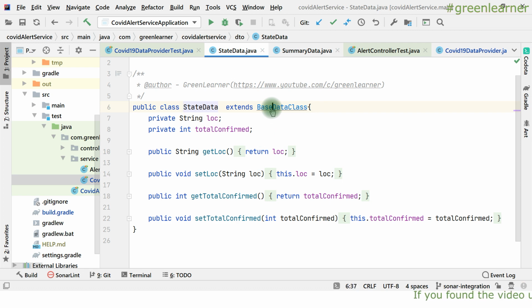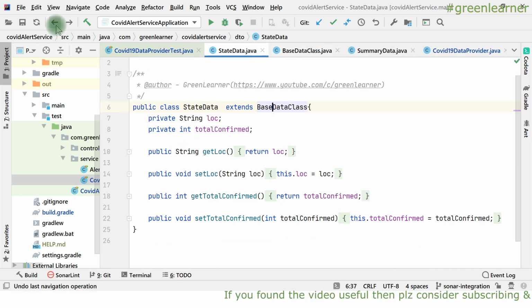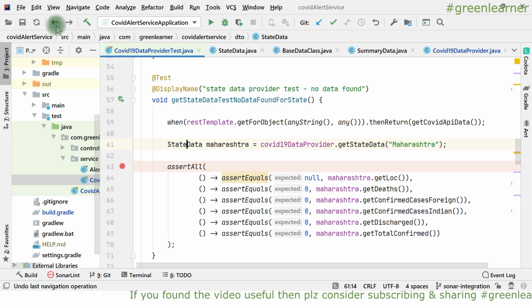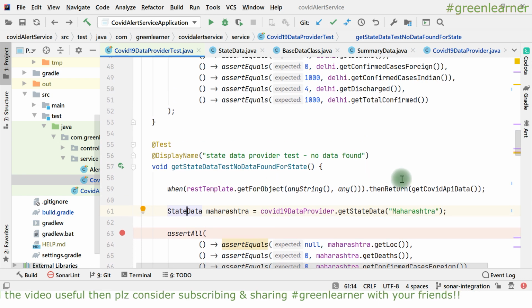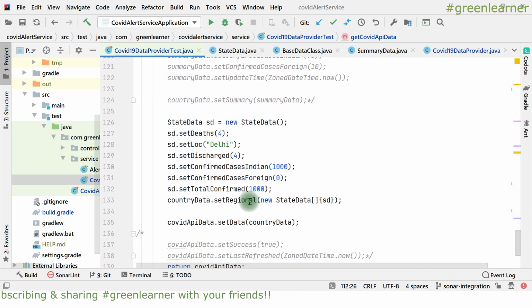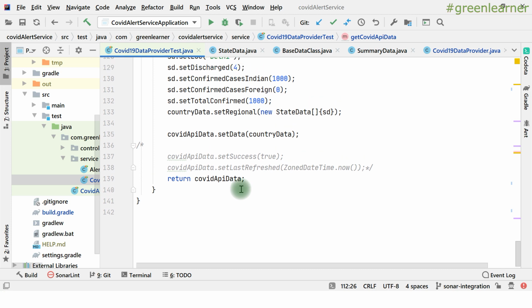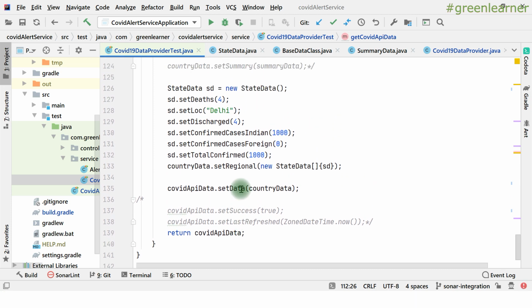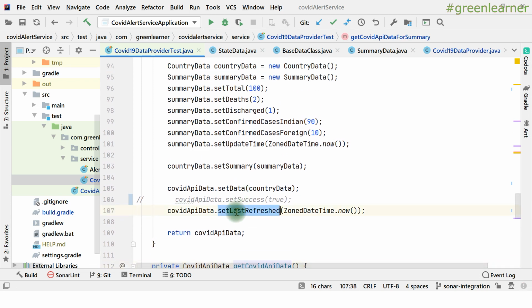Yes, in the base data class we have confirmed deaths, and we have COVID API, get COVID API data, and here it is setting it. Here also set last refreshed, it is not doing that. Set last refresh time, here it is doing that one.